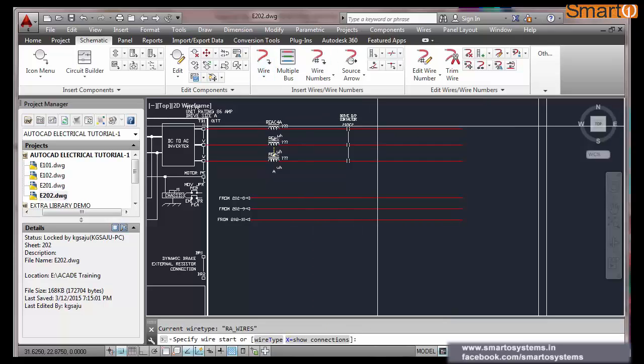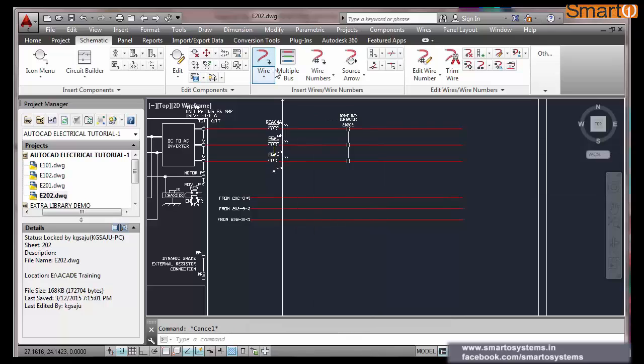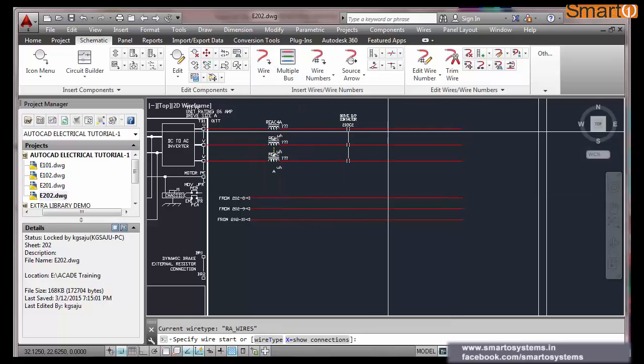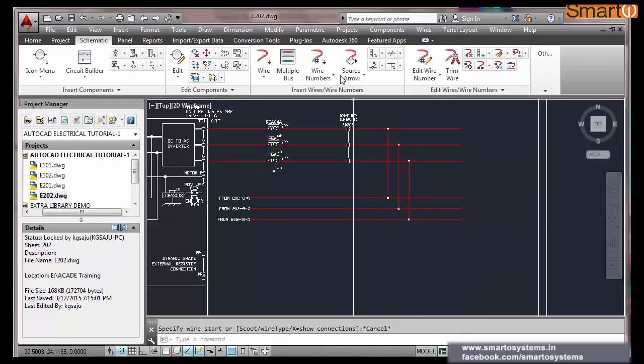Okay, what about wire? Here, and here. Trim these wires which you don't require.